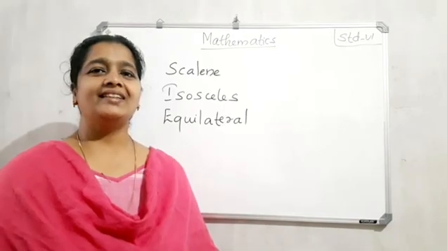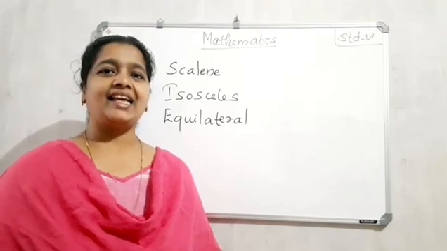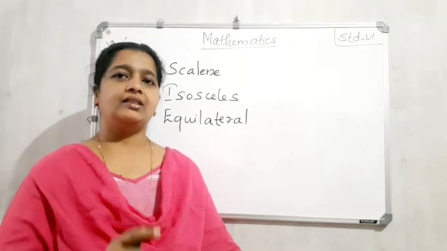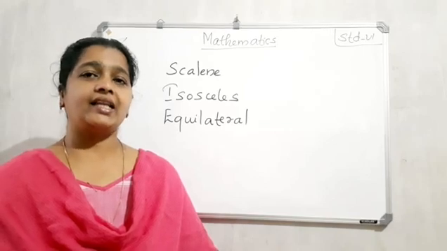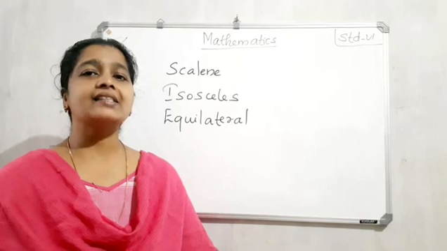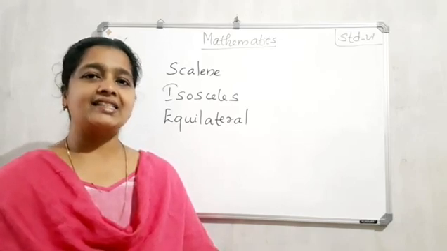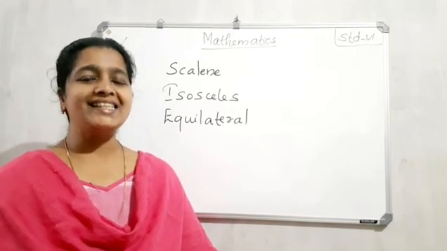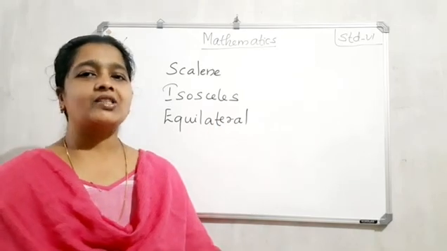The topic. We studied about triangles. What is a triangle? A triangle is a simple closed polygon, isn't it? That is a 3-sided polygon made up of line segments. A triangle has 3 sides, 3 angles, and 3 vertices. Understand? Yes. Today we are going to study naming triangles based on sides.